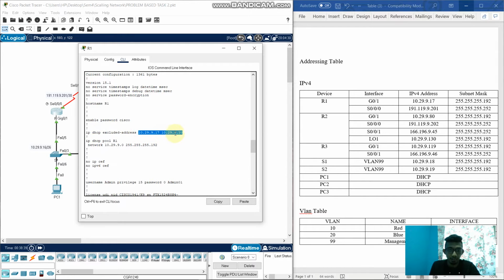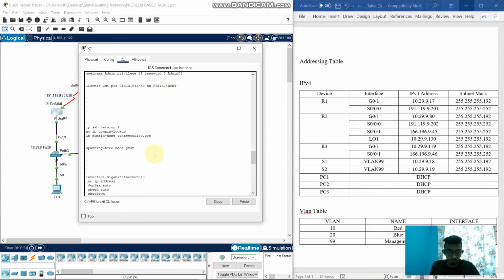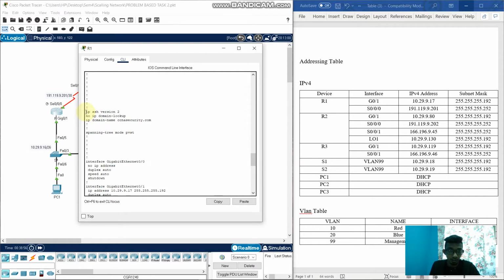These are the IP addresses, and the IP DHCP pool R1 and the network here, and I have inserted the password for the username admin privilege 15, and here you can see the secure remote access, IP domain name ccnasecurity.com, and no IP domain lookup, SSH version 2,